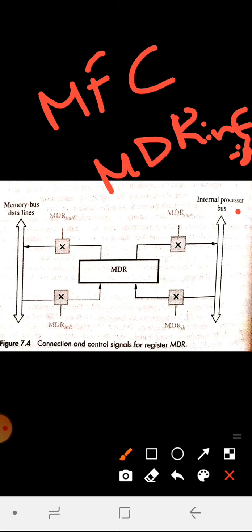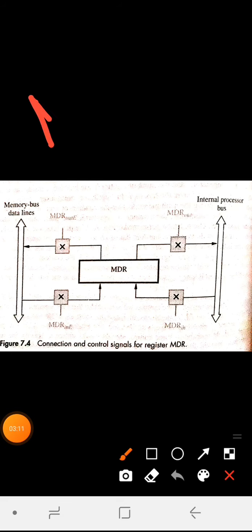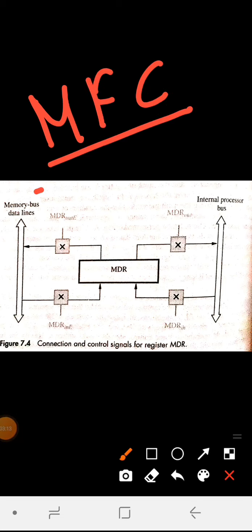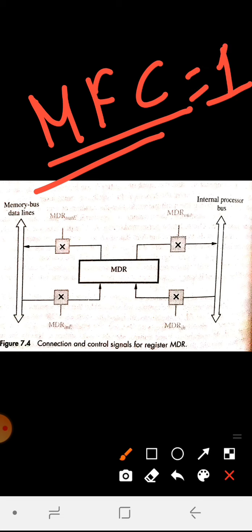So E is for the external bus. When the processor activates a read operation, it waits until it receives an indication that the requested read operation has been completed. For that, it needs the control signal MFC, memory function completed. The addressed device will set this signal to 1. MFC will be set to 1 to indicate that the contents of the specified location have been read and are available on the data lines of the memory bus.